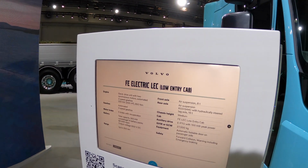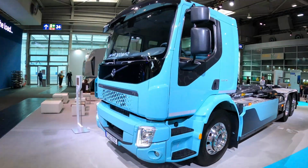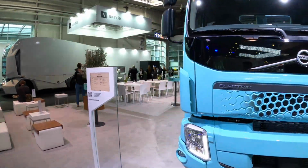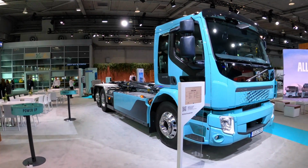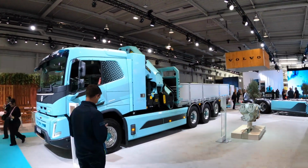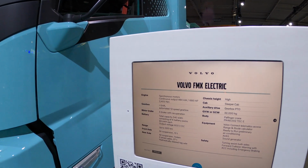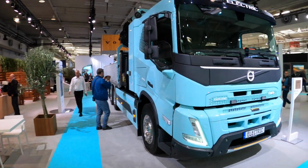Low entry cab. Okay, you probably could put a bus body in the back. Sorry, a refuse lorry in the back. And then you've got the FE as well. Not the low version. So that's your normal one. I love the colour. It's kind of minty green. Twin axle at the back. So that is Volvo. Look at this one now with the high-up crane on the back. Look at the size of it. Triple axles at the rear. Amazing. FMX. You can see some data there. Very cool. That is the Volvo stand